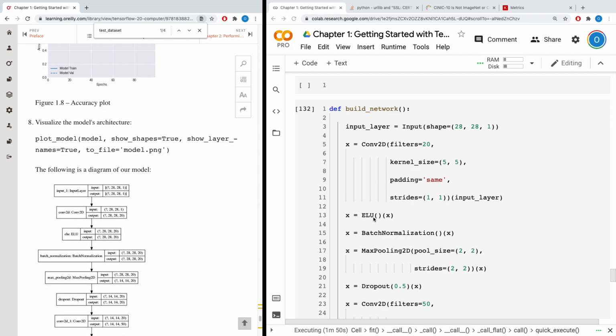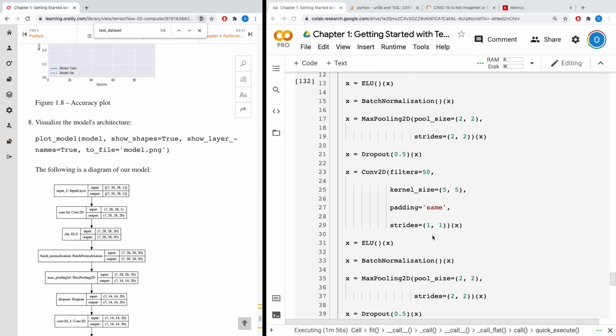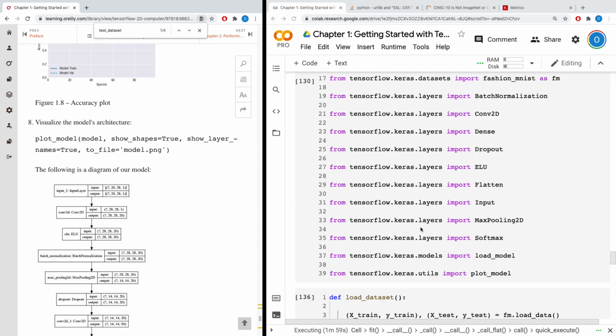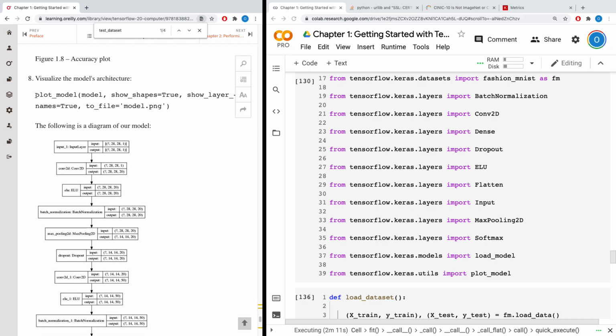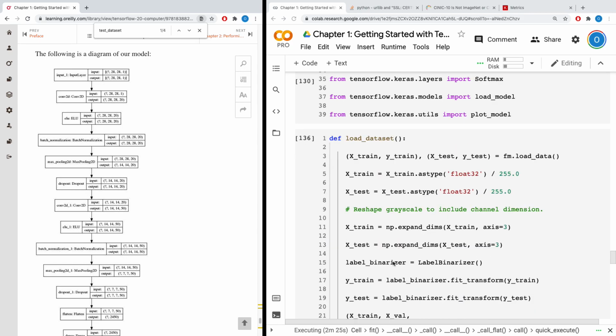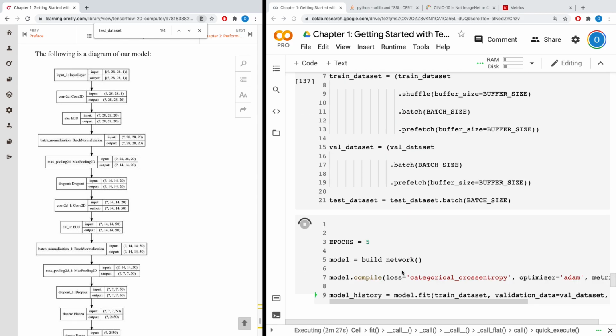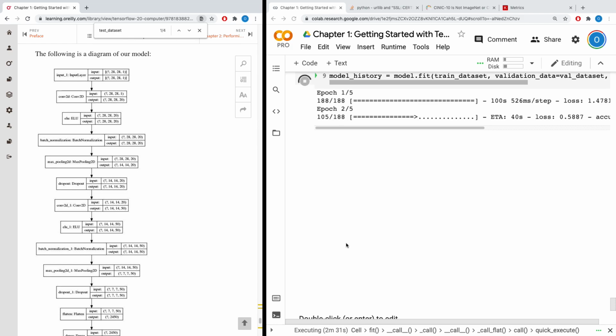Then you should note another kind of activation function. This is ReLU. This is another kind of activation function. We've not seen that up to now. So let's see the plot model. Where did we import it from? We import it from here: from tensorflow.keras.utils import plot_model. So we can plot them using that function, and it takes the model and some other parameters, as you can see. Then it's also possible to save it to file. You define the name. Then you could also define how you want